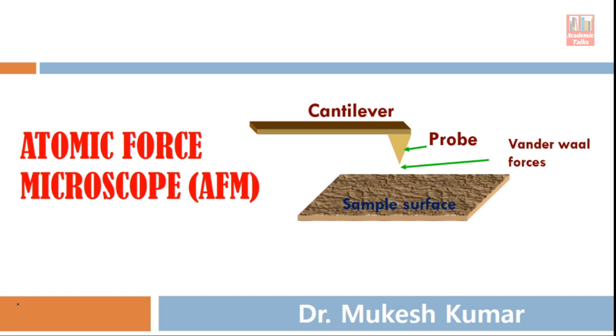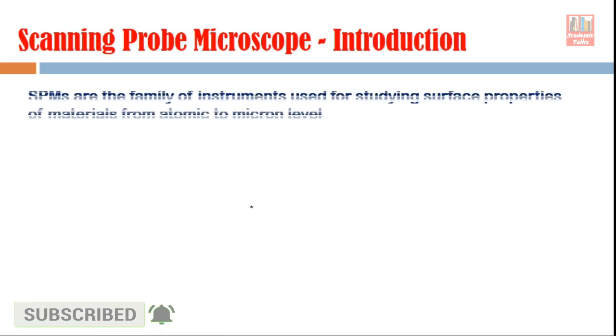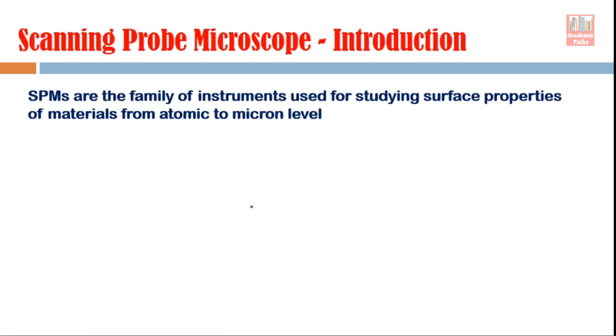Students, the title of today's lecture is Atomic Force Microscope. In short, Atomic Force Microscope is also known as AFM. AFM is actually part of the SPM family. SPM means scanning probe microscope. You already know what a scanning probe microscope is. Just in the beginning, for a few seconds, we will talk about SPMs and then we will start our discussion